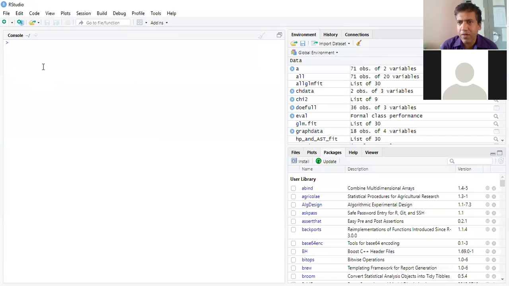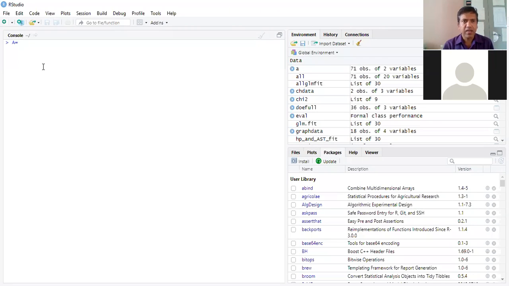Under this combine function, suppose we have three variables, A, B, C. We have three groups A, B, and C, and for each group we have some values, so we have to enter them here. First we enter the values for group A. I write group A, then put the equal to sign, just to tell the software that whatever data will be entered is for group A. I'm naming it A.